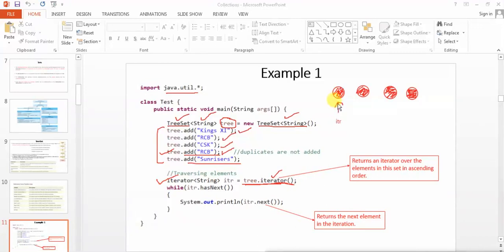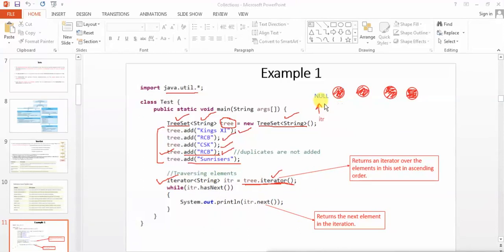Okay, so just for the demonstration, assume that the TreeSet has already arranged the elements in sorted order, and if I use tree.iterator, then the pointer will be set at the first element. You can see it like this. Okay, sort of a pointer, you can understand, otherwise pointers actually do not exist in Java, so this is just for the understanding. So the pointer is associated with the first object.